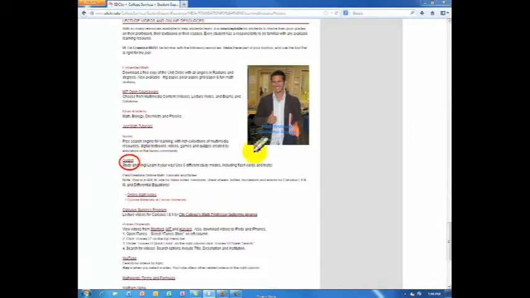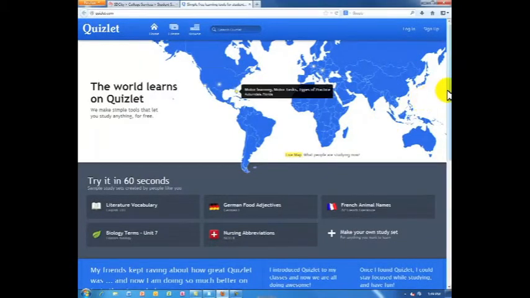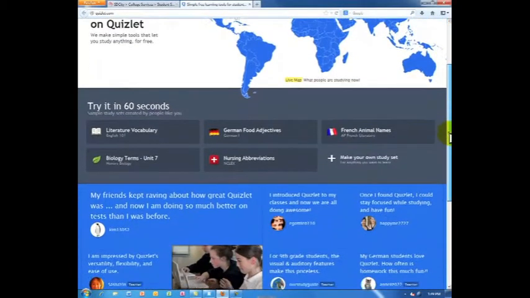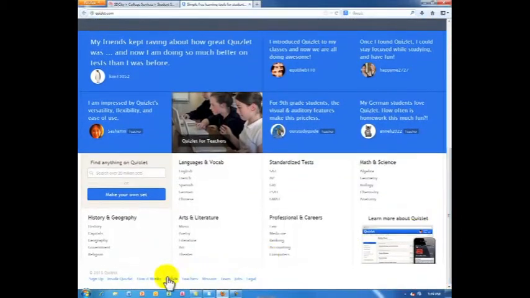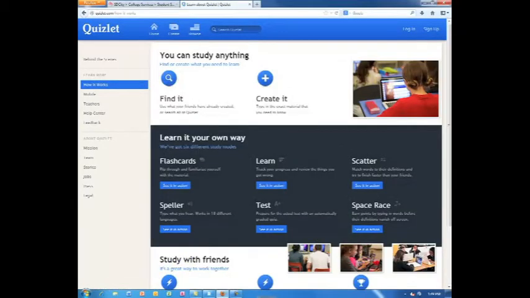Quizlet is another helpful source for learning. Here is how it works. You can study anything by searching the Quizlet library or creating your own materials. You can learn your way by using any of 6 study modes, including